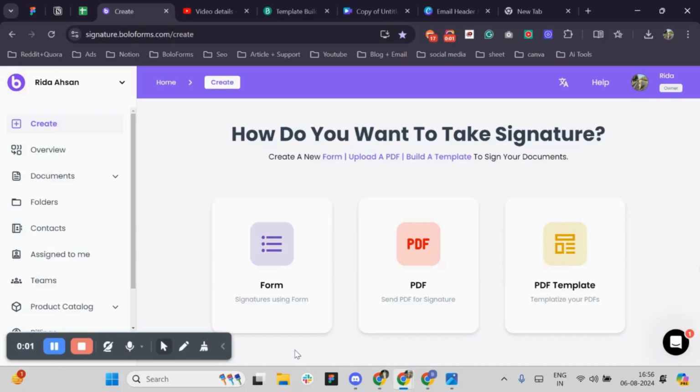Now we will talk about the important notes about this feature. This feature is available as a part of a growing business plan, and the credit for sending SMS messages need to be purchased separately at $12 for 500 credit. The number of credits will depend upon the number of recipient added to your document.